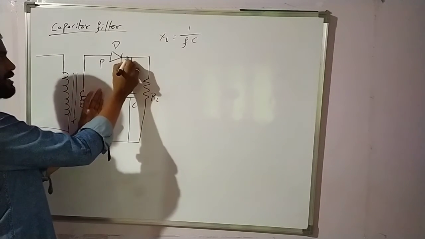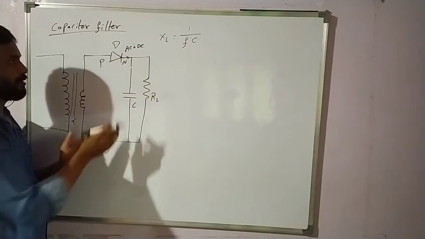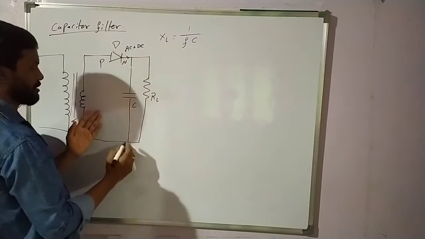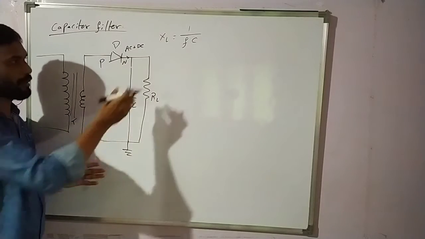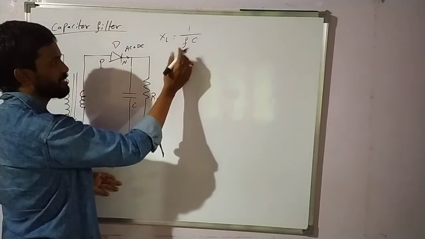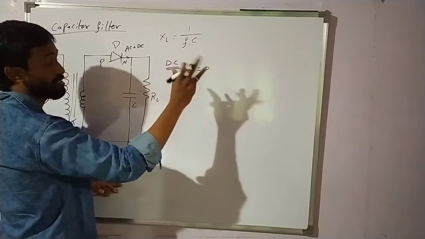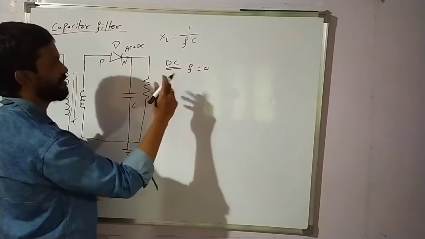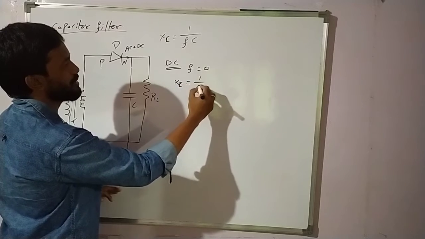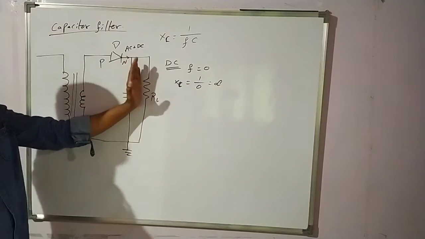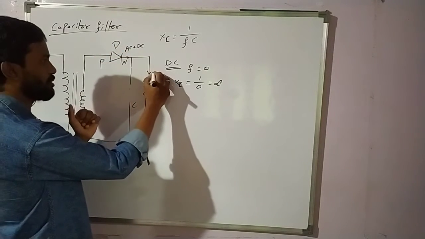In this, an AC signal will be there and a DC signal will be there. We know the efficiency is 40%. Now I want to remove this AC. This is ground. I want to bypass this AC. So for the capacitor, if a DC signal is there, the frequency F value is 0 because it is non-varying. Then XC, the capacitive impedance, is equal to 1 by 0, infinity, so it acts as an open circuit. When DC is there, it acts as an open circuit. Complete DC is passing through the RL.